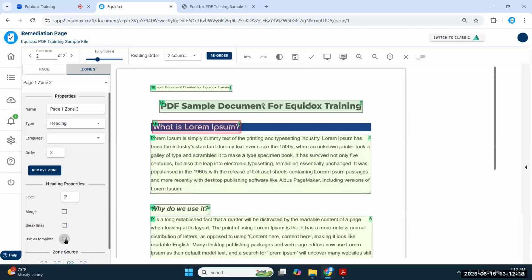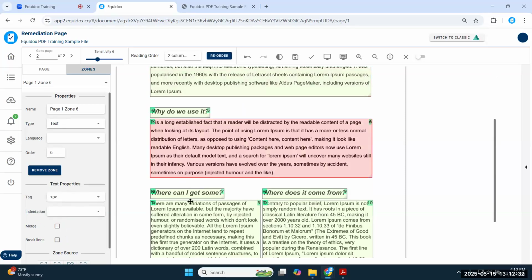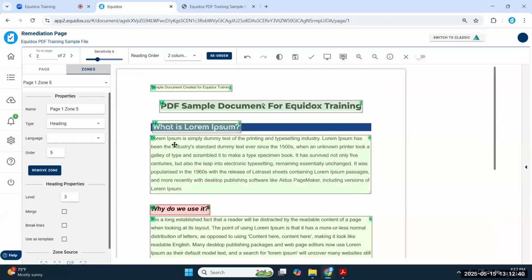Right. And that auto applies once you've checked it for any text that follows that font size and type in the document? Yes, but only related to heading structure. These text zones are text by default, and they don't need to be changed. But if you want to identify headings, you can set up a template, and it will apply itself to the pages moving forward in the document that you have not yet visited. So we don't backtrack and override decisions you might have made on previous pages. But if you're on the 5th page and you have 100 more pages in front of you, it will apply that heading template to all of the next 100 pages.